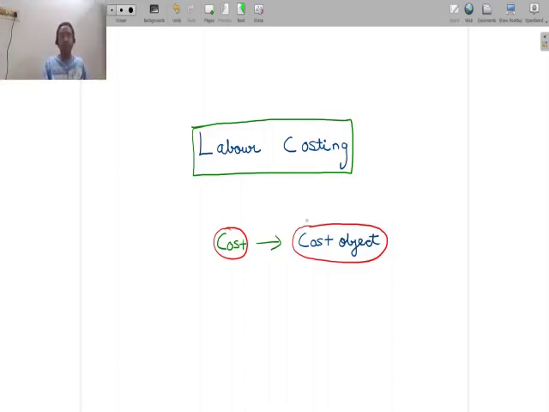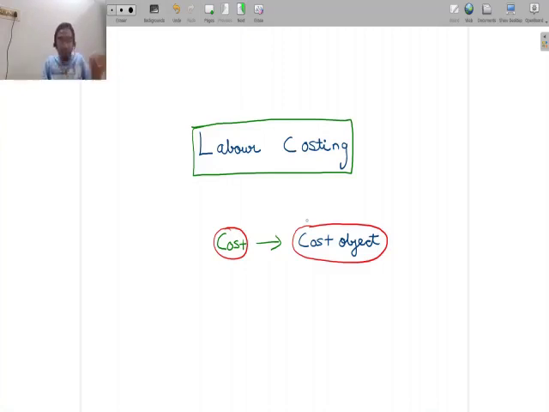For example, if we take some service firms, some auditing firms or some consulting firms, they may want to find out the cost of rendering every service activity. For example, if I'm an audit firm, I want to know what is the cost of performing one audit. So to perform one statutory audit for one of my clients, what is the cost that I incur? So a service activity could be one cost object.